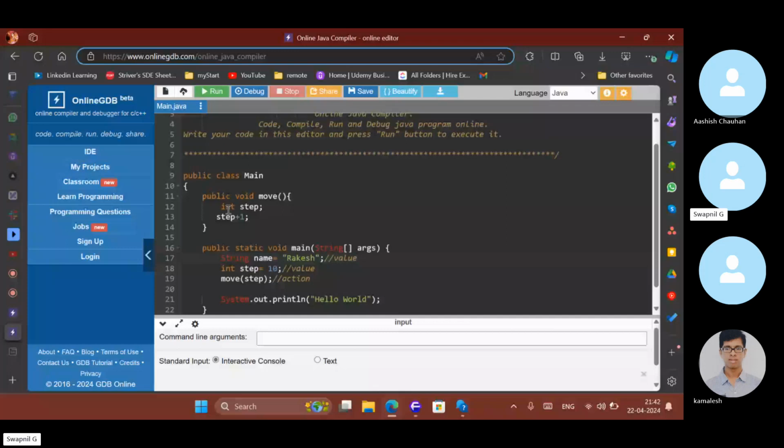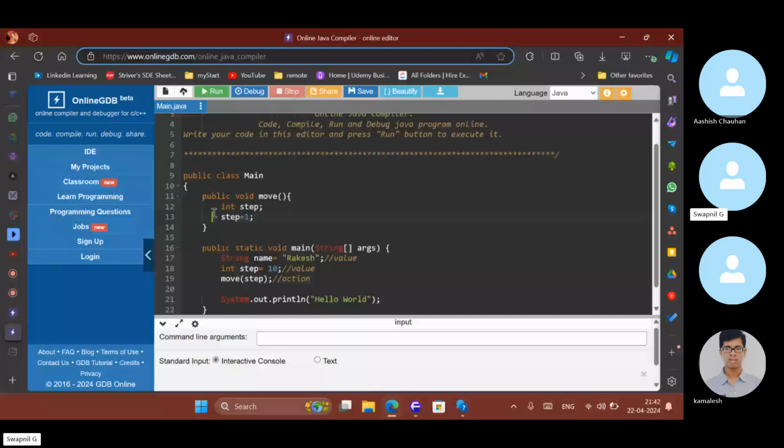By this logic, the person is doing some kind of action, so it is mimicking real-time action.